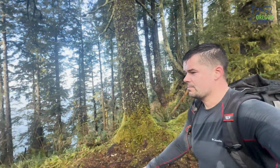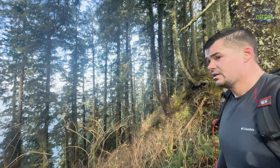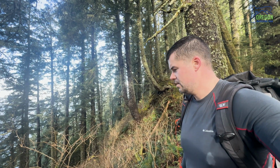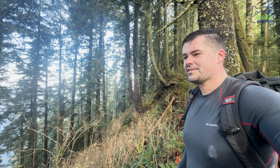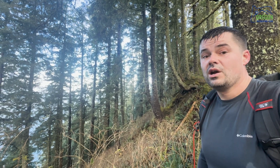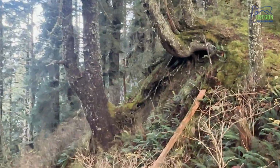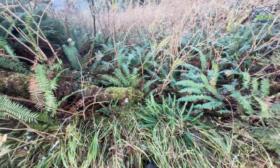So if you're looking at this on a map, you probably notice there's a few places where it does get pretty. I hear sea lions. If you're looking at this on a map, you probably notice there is some pretty steep elevation right near the trail. I think a lot of what you're gonna see is stuff like that. And right here, you probably can't really tell that well, but